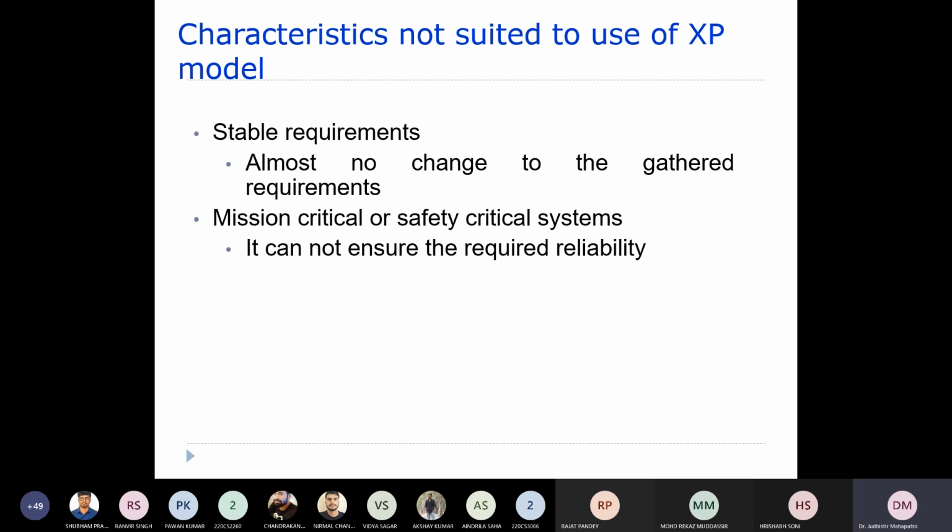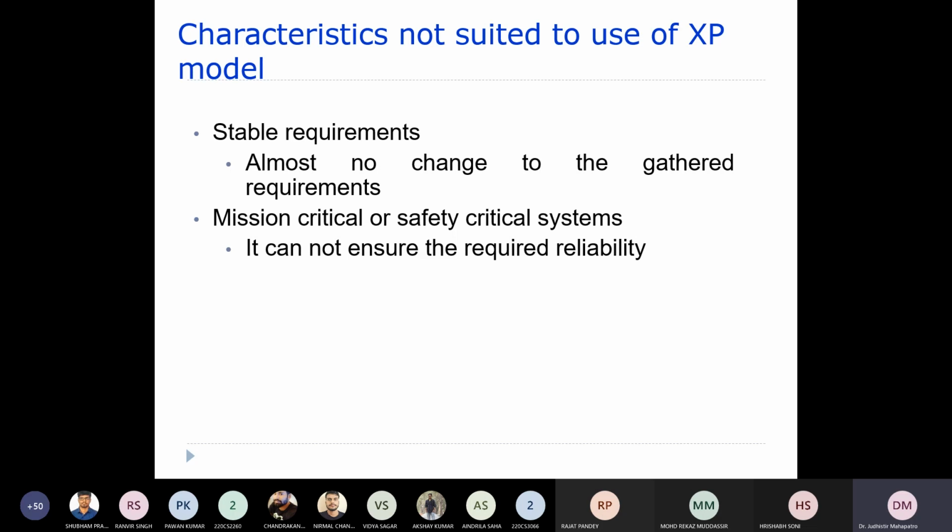Now you can think of radar communication systems, which are usually used in military applications, for combating fights and all. Let's say your missile is not working, that missile failed by the time you fired. What will happen? The enemy missile will come and hit us, and as a result we'll lose many lives. You can think of this sort of example. So wherever the strongest reliability is required, you should not go with this particular type of model.